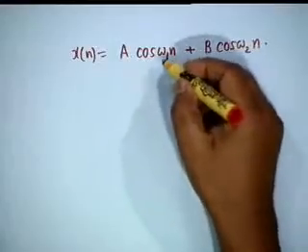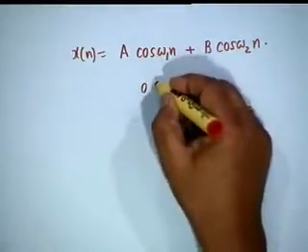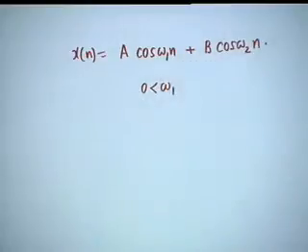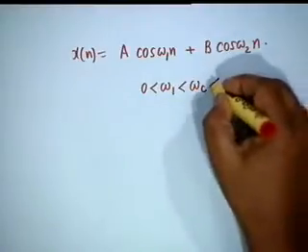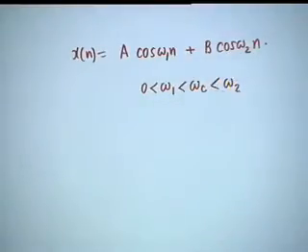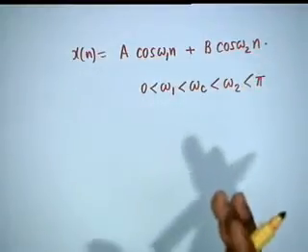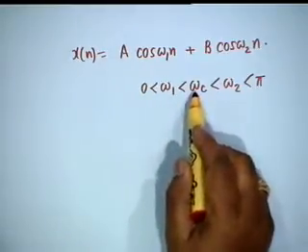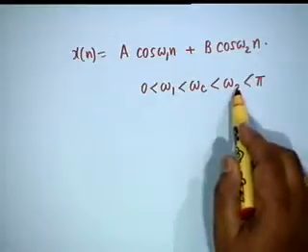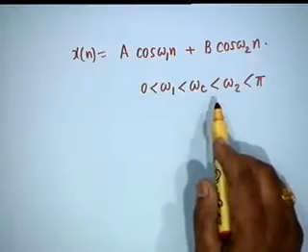Now, suppose we have two signals and we want to pass omega 1 and reject omega 2. That is, the condition should be that 0 is less than omega 1, which is less than omega c, and omega c must be less than omega 2, which is less than pi. This specifies that it is a low pass filter. 0 to omega c is our pass band, so omega 1 lies there. Omega 2 is greater than omega c. It could be in the transition band or in the stop band.